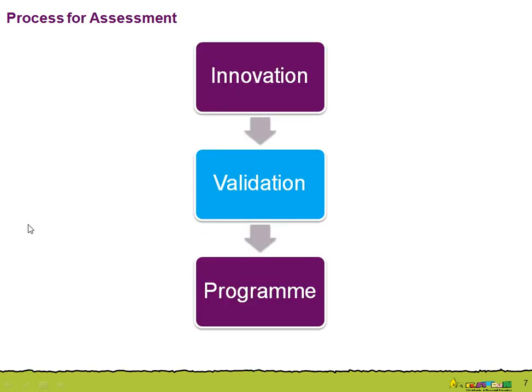So the process at a high level is quite simple. If you have a very innovative program that doesn't fulfill the criteria of a basic program presented earlier, we need to do some sort of validation process to see what's going on, whether it is indeed Aflatun, social financial education, and if indeed it's helping children in the way that we hope it is. Once we have that validation process completed, we can consider that as a new innovative program, but we can build it into the larger program category. Right? So essentially then it becomes a normal way of delivering a program because it's been validated.